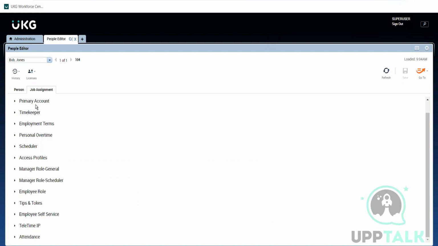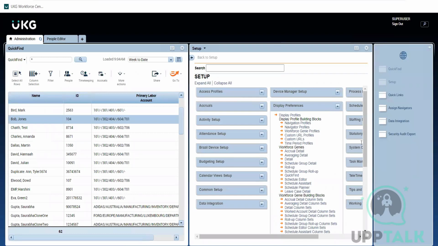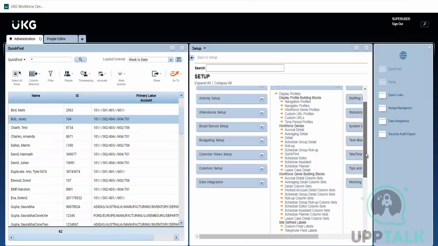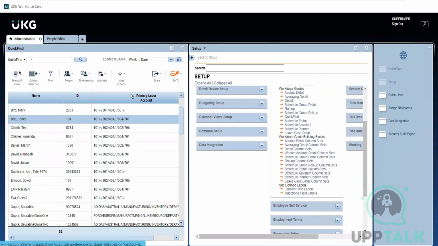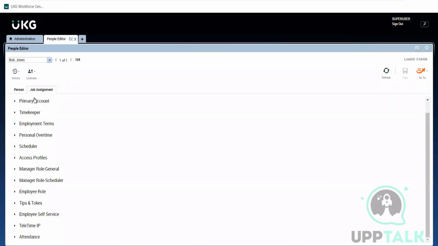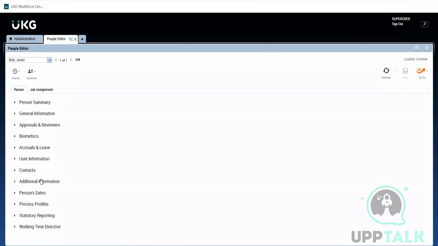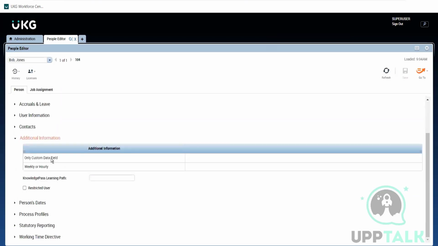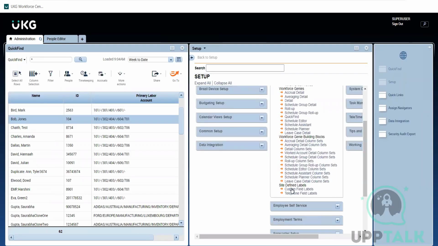If you want to create any new field in that particular template, this is where the custom field labels come into play. This is available under Person, Additional Information. Whatever fields we create ourselves are under custom fields. If you go here under custom field labels,